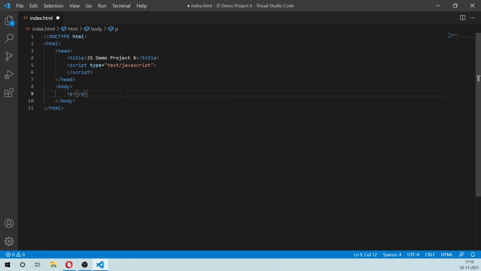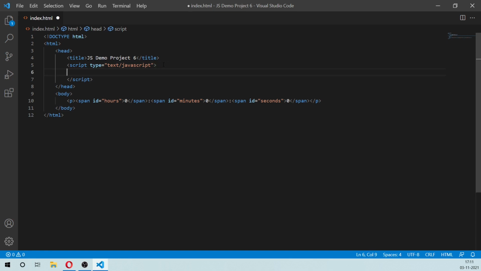I'm going to create a p tag, and inside that I'm going to create a span with the ID hours, and I'm going to add another span called minutes and another seconds, and I'm going to give these an initial value of 0, 0 and 0.